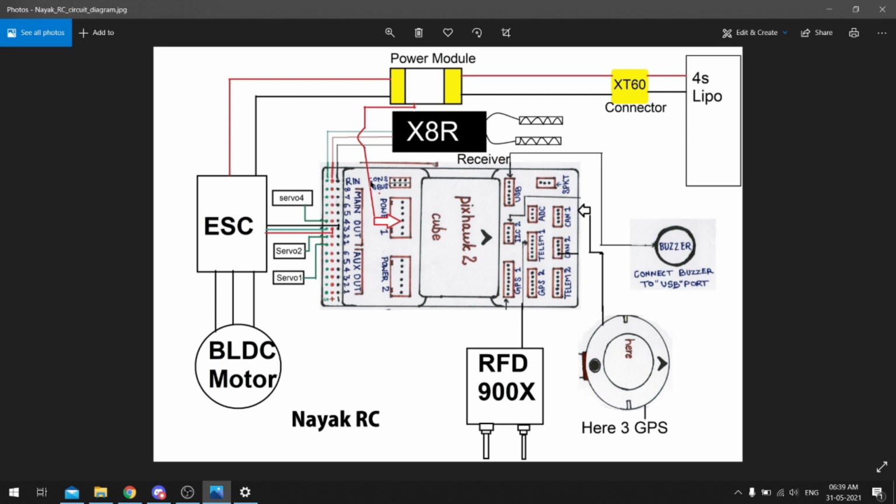First one, you see here RC input. It directly powers this pin, so we can connect our receiver. If there is some damage in the ESC or something happens, we will still have direct communication with our receiver, because the 5 volt coming to the PIXOC power 1 port is also distributed to RC in, which is our receiver. Second, it is also going to the Here 3 GPS. Our Here 3 GPS connects to the CAN 1 port. This is a CAN GPS, and it connects to the CAN 1 port. So the 5 volt coming from the power module is again used for the GPS module also.